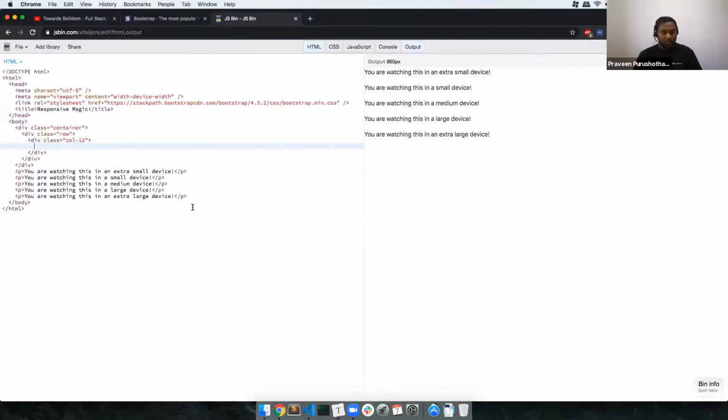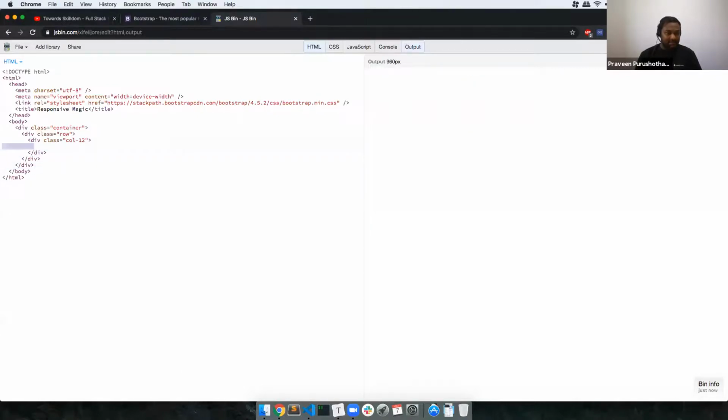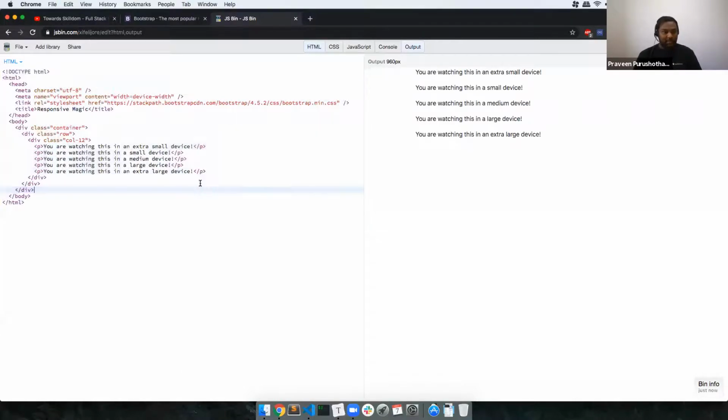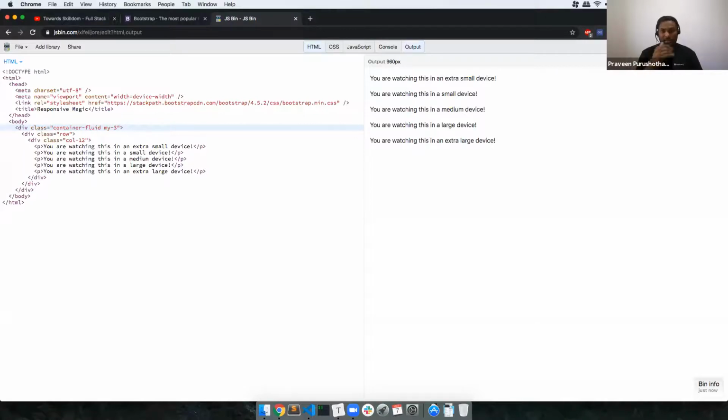Now I'm going to put all these things inside this. You can clearly see that it is like a fluid width. So I'm going to do a fluid container so that it takes up as much as possible. For margins, m, and top and bottom is the y-axis, my, and I want 3 times bigger, or maybe 2 will be the right thing.